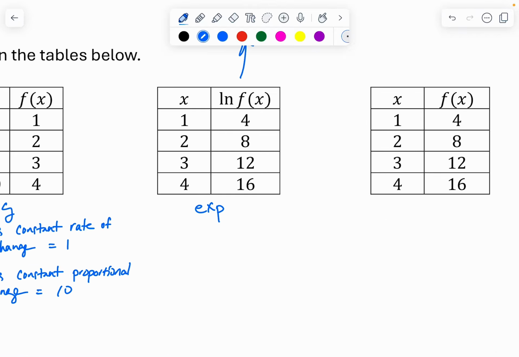But what we have is the natural log of f of 1 would be equal to 4, which means f of 1 is equal to e to the 4th. And so then I have the natural log of f of 2 is equal,